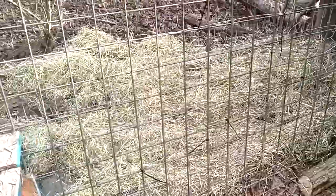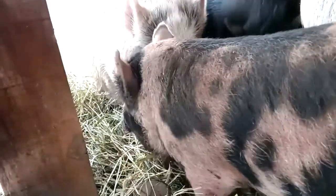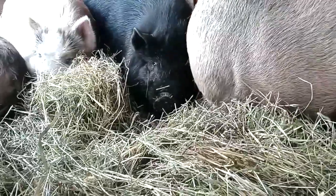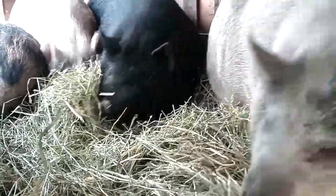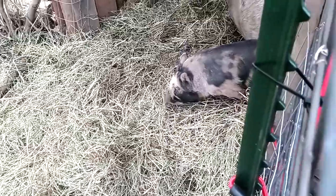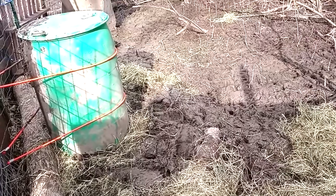So, and over here I took a whole bale of hay. Hey, y'all be nice. Took a whole bale of hay and did in here. You know, they're redecorating right now. Maverick's like right here. Like I said, I used a whole bale of hay in here, right outside the door, because I understand pigs are going to be muddy. They're pigs, but it really bothered me how dirty they were. Hi, Maverick. Yeah, because it was all muddy in there from all the rain we were getting and the snow melting. So we did get it all the way to the door, but then we had to come in and bungee cord that on there, and